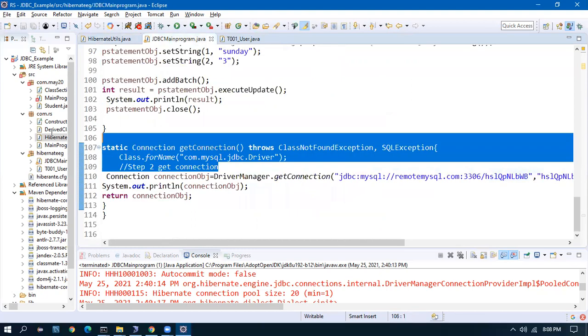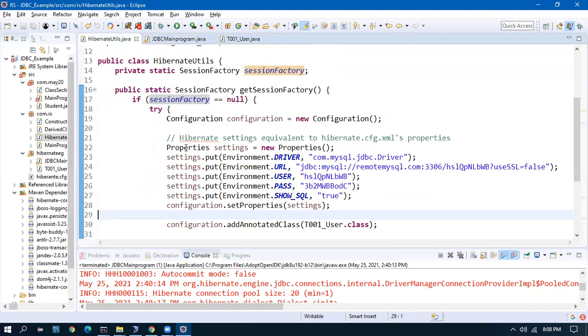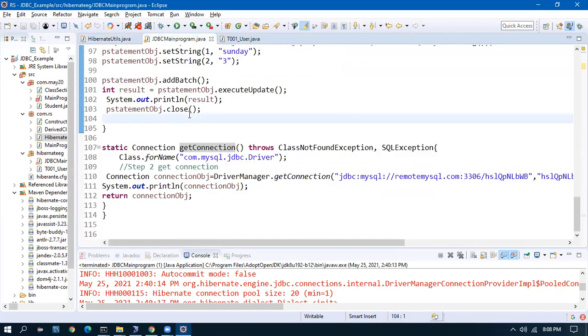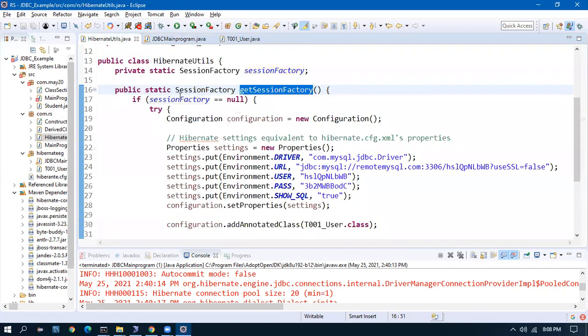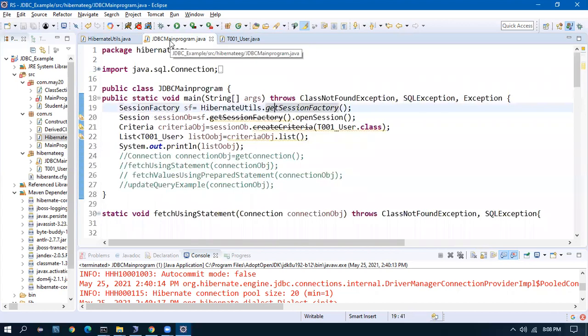Now coming to the main program where this configuration is being called. Since this method is static, I said that static methods are loaded in the JVM by default, so that you can call the static method without creating an object.